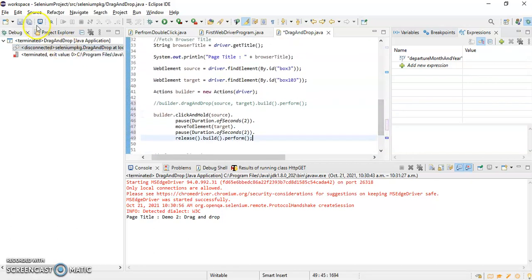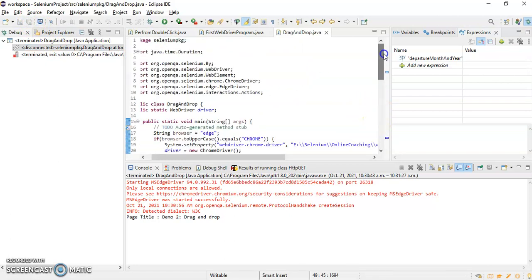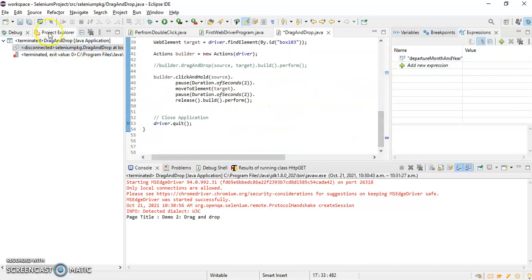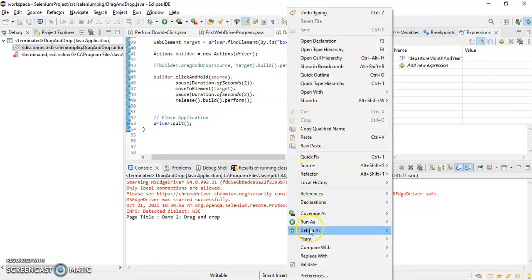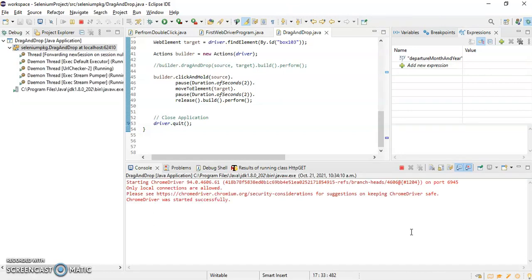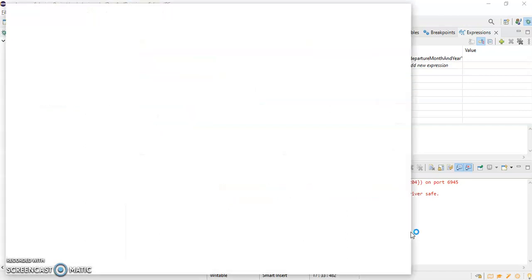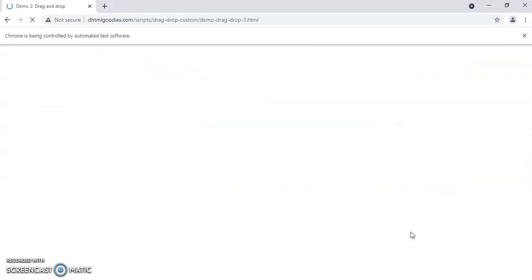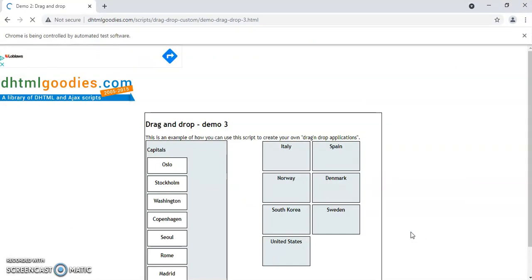Okay, so let's run this. This time I will change the browser value to Chrome, and we will run the script against Chrome browser. Debug as Java application. So it's going to open the Chrome browser. Okay, now it has navigated to the application under test.